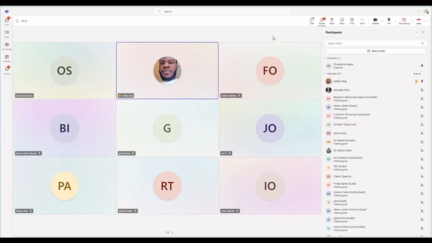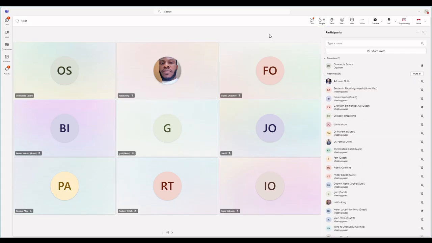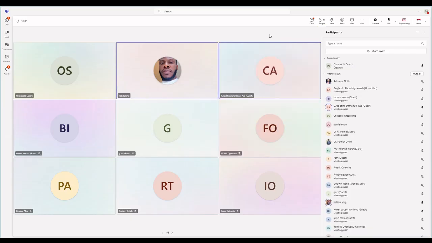On my end, I believe you intend sharing your screen, but I can't see anything. Your screen is not shared so far. My screen is shared. I'm using another system to monitor what I'm doing. Please, maybe you can refresh your laptop or your phone. You'll be able to see what we have. I can see my screen on another device. Maybe that will be fine if you refresh or you log out and log in. Doctor, I'm seeing your screen at my end. Okay. All right, thank you so much.